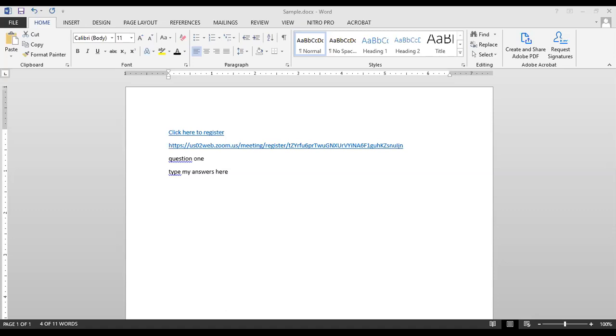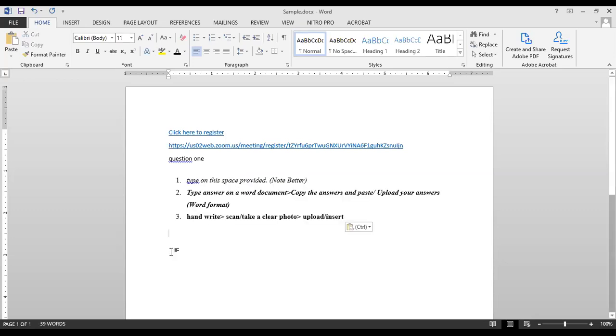I'll go back to my Word document in here and paste. I'll assume these are my answers. Allow me to just work with these. After this, you're supposed to save these, basically the question 1 answers. Allow me to highlight these in red. So there we are. So I can copy these answers, specifically that,